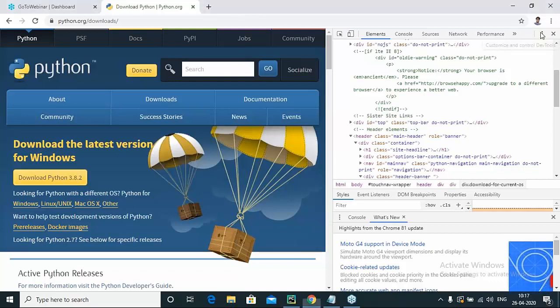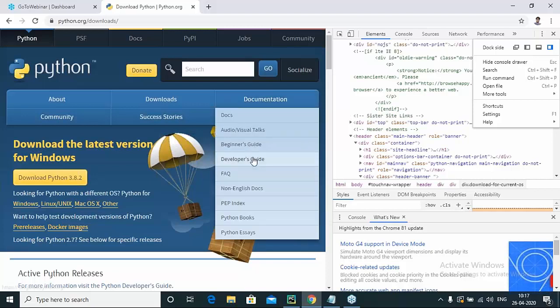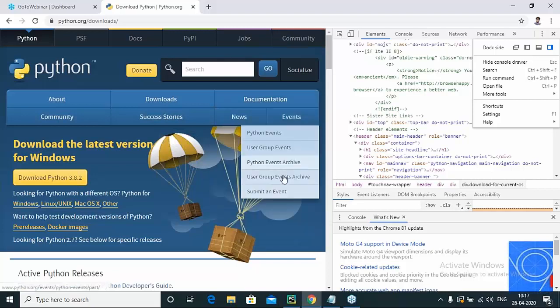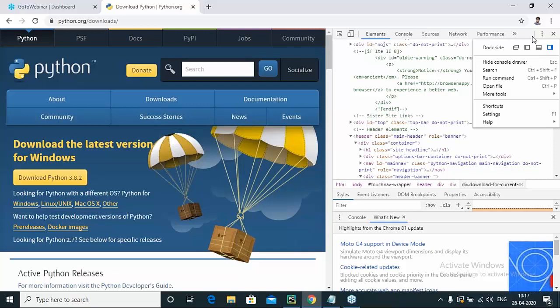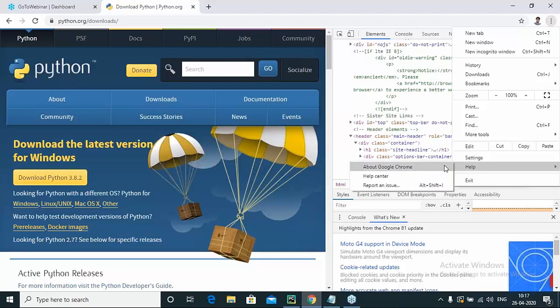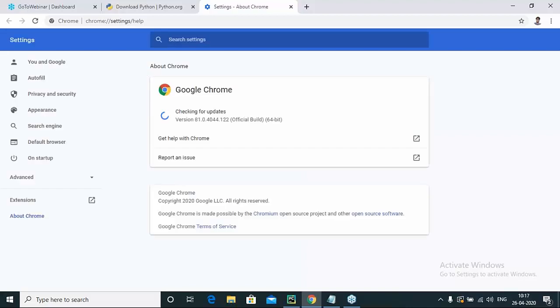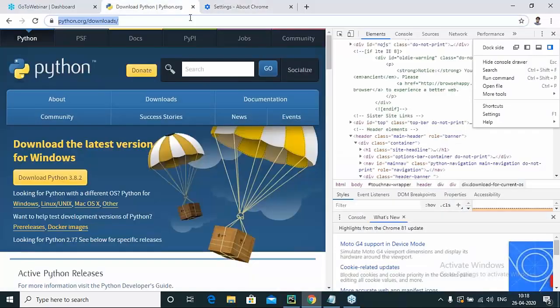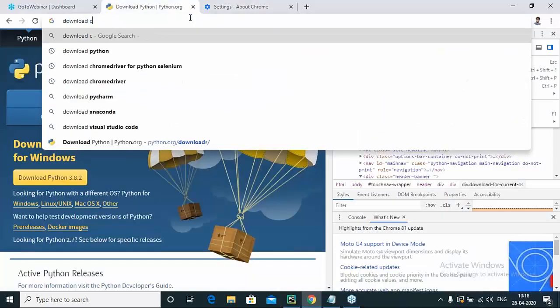Let me show you how to download the Chrome driver. Simply go to your help section, go to About Google Chrome. You can see the version mentioned here is 81. Once you get the version, go to the official website for downloading Chrome driver.